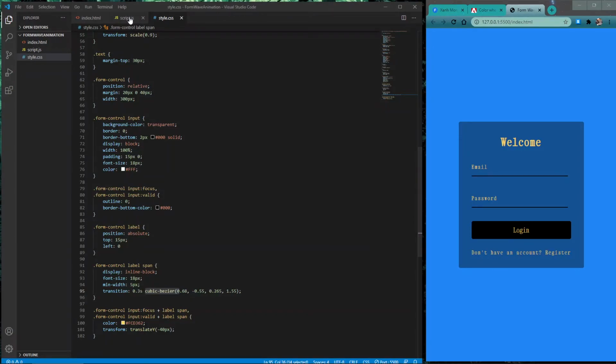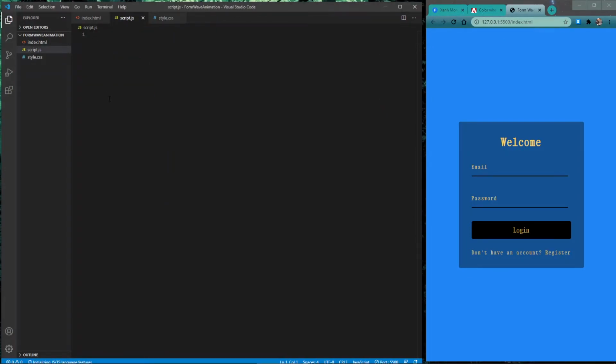Now, the script is actually going to be the shortest part, but maybe the most complicated part. And so bear with me as we plow through this together. We'll define a constant, and we're going to need to grab our labels because the labels are what are going to be animated. So we'll call them labels, and since there's more than one, we need to attack both the email and the password. We're going to do a document.querySelectorAll because we want to grab both of them, and we've classified both of them as form-control